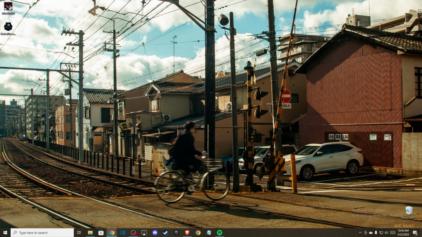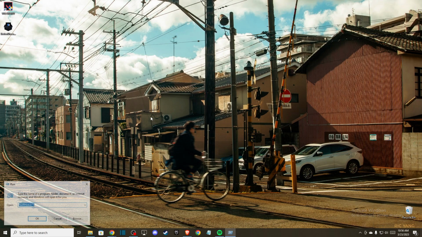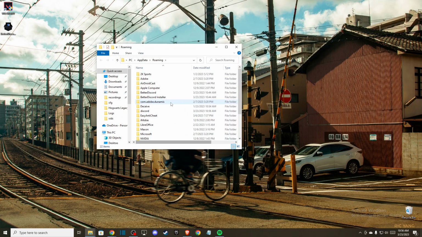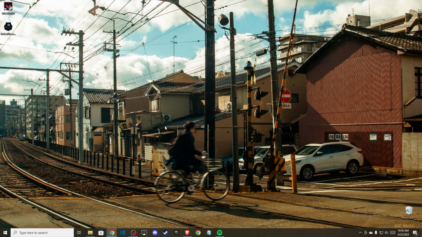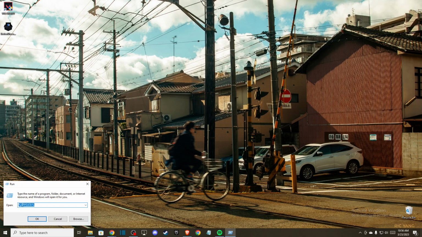And then what you need to do here next is to press Windows key and R and just write %appdata%, press OK, and then go to Discord and delete this folder, right? And after you delete the folder here, then close this window, then press Windows and R key, and then just write %localappdata%,